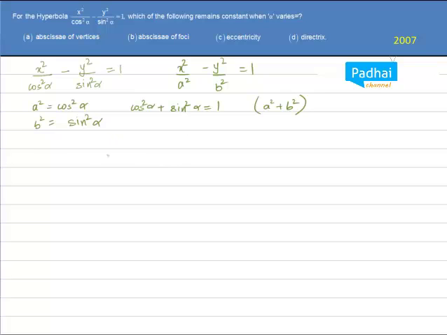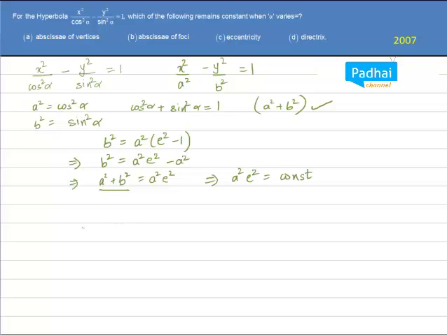Okay, so here b square is equal to a square times e square minus 1. We know this fact. Okay, and if I open the bracket over here, this will become a square e square minus a square. Now you can see something happening. If I send a square over this side, it will become a square plus b square is equal to a square e square. And we know that a square plus b square is constant because we have already found it over here. Okay, so that implies a square e square is equal to constant for any value of alpha,